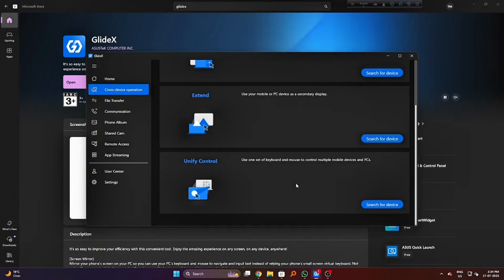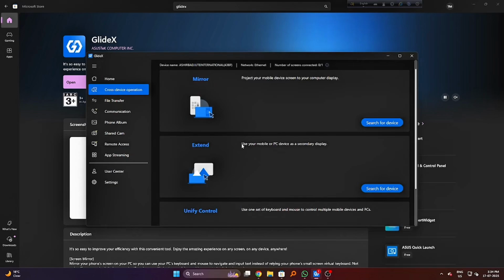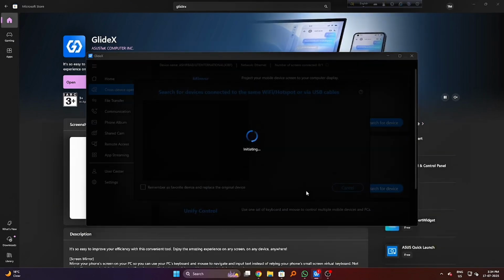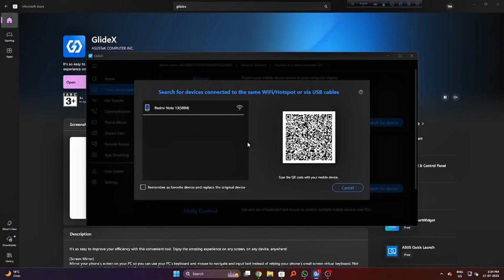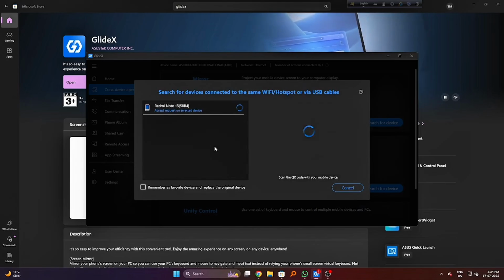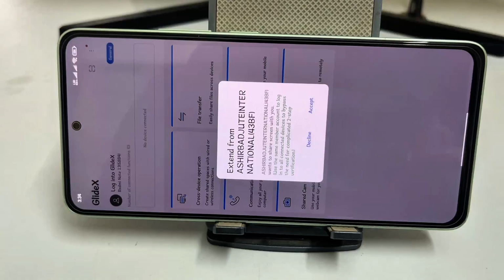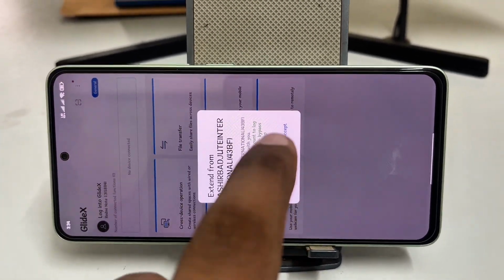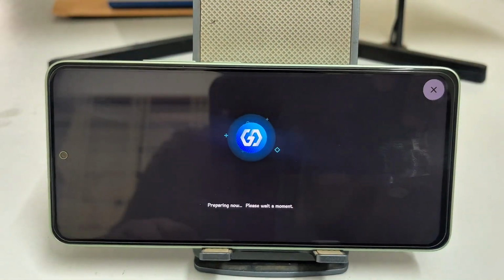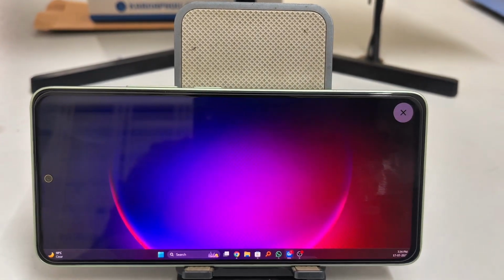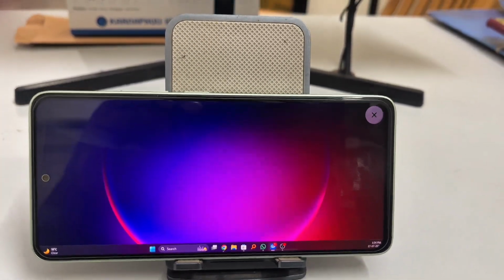Here you can see there are lots of features, but if you don't have the paid application, you can't use all the features. Click on search for device under the extend feature. But one thing, remember that we have to connect both devices to the same network. So you can see here is the device Redmi Note. So it will try to connect the device and send a notification on mobile. You have to click on accept,